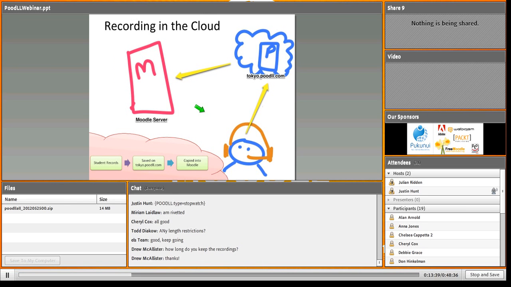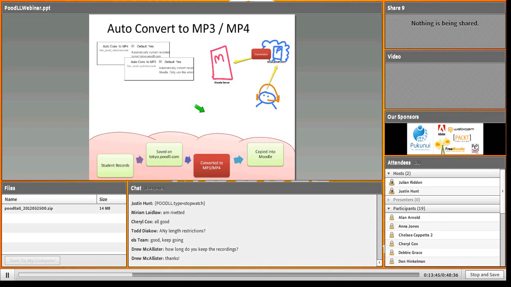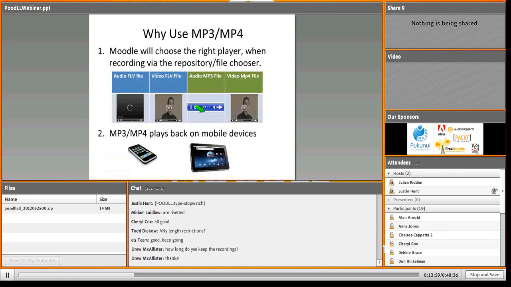Now the next thing I want to talk about is I'll just skip over the network part of things for now. I want to talk about recording to MP3 or MP4. Now Paul Nichols' recorder, that will record directly to MP3, which is wonderful, and I'm going to talk about why we should record to MP3 first.